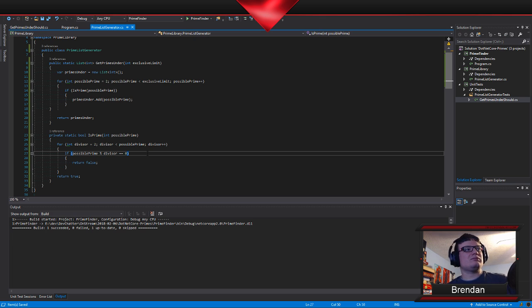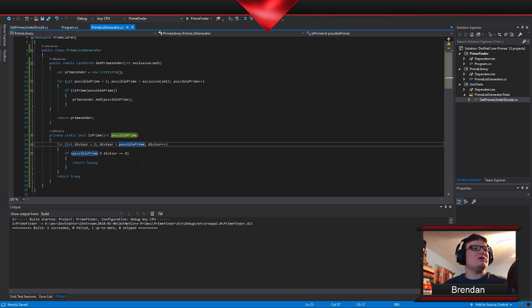First off, we already have the short circuit here. We're not continuing on the loop past having already found one, so that's good. I don't think we need to go up to this limit when I'm looking at this.